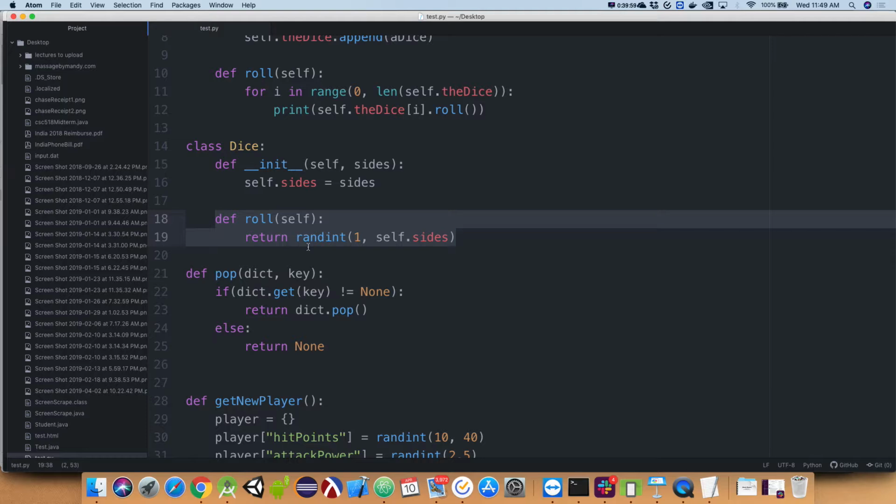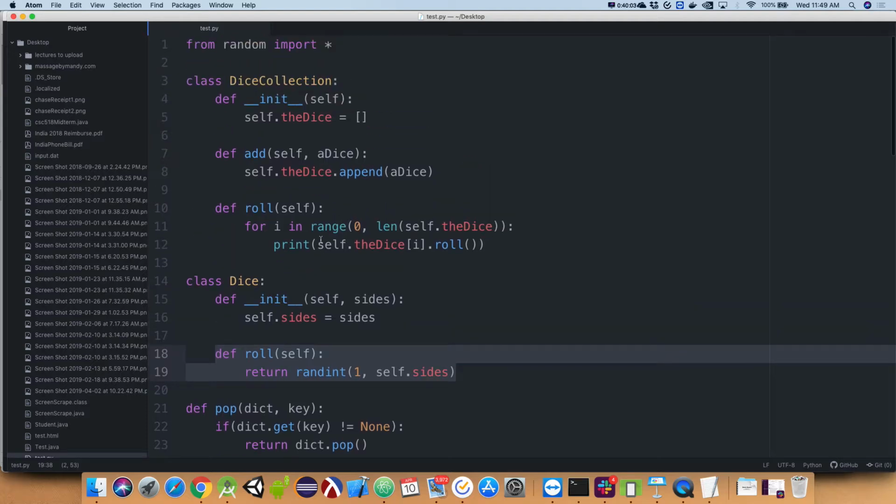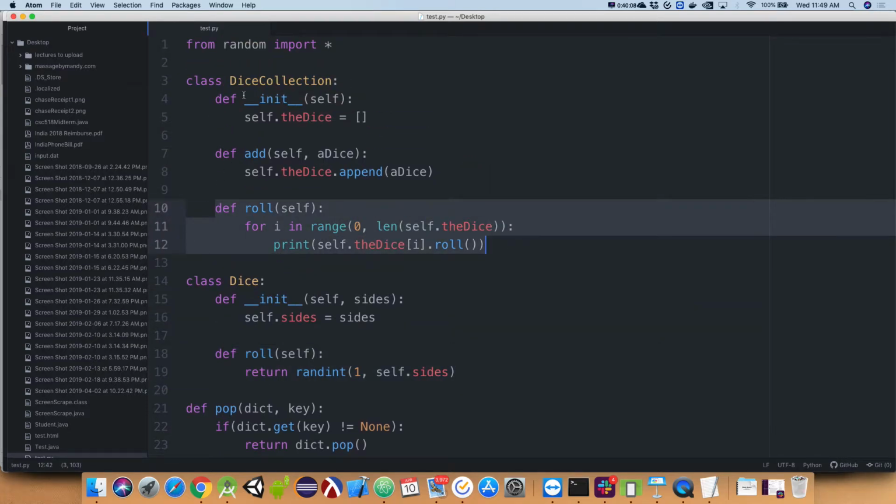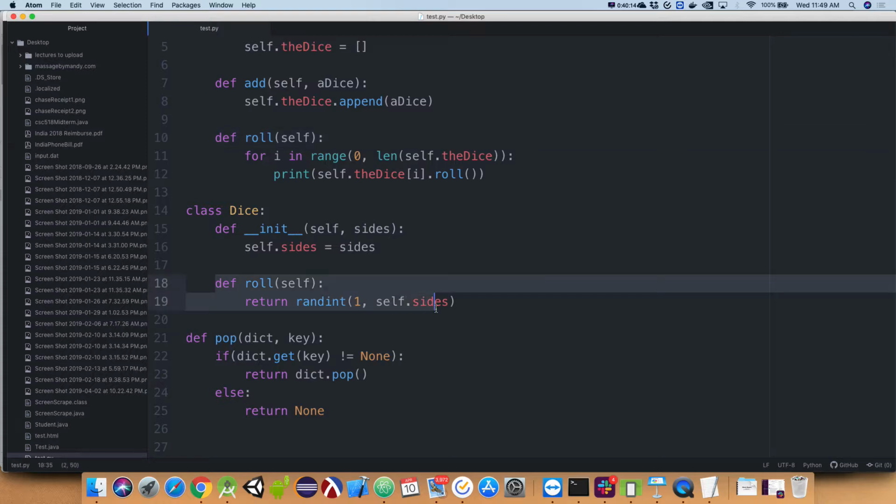Go ahead. I'm just wondering, since we have two functions, both roll, that is problematic. No, because this roll function belongs to this class, dice collection. See how it's indented underneath it? Yep. This roll function belongs to a dice object. Good question. These are not in conflict with each other because they belong to their own respective objects. Go ahead. And the dice in bucket I is the other dice object, so you can use that